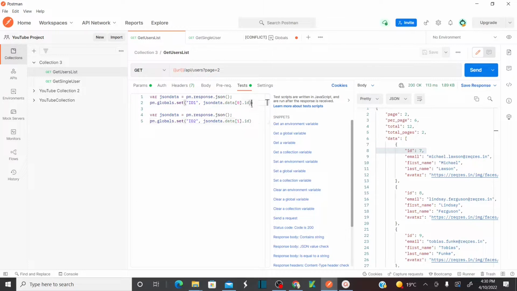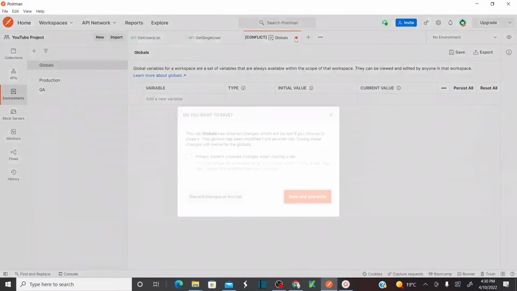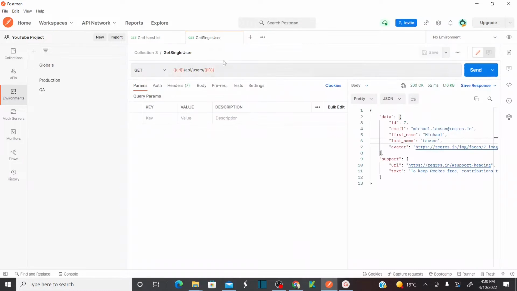It's sent and 2 global variables get created, and the 7 and 8 values should be stored. So let's go to globals now. If you see here, oh sorry, I want to save this. Let's run this again, okay, because there is a conflict. I did not save it. So let's run my